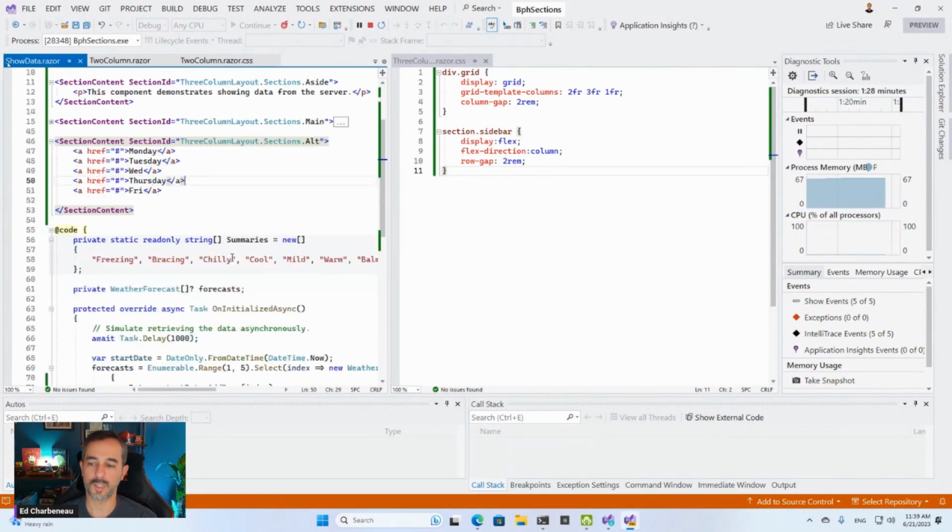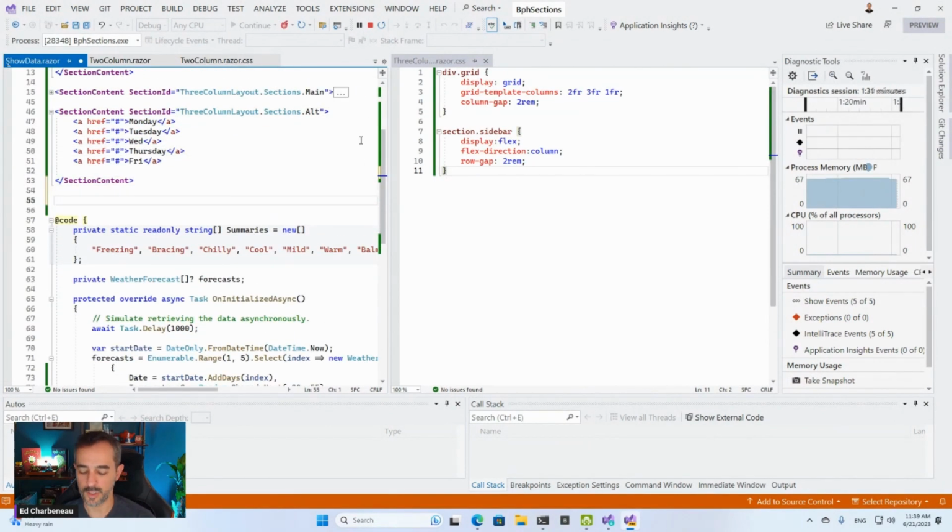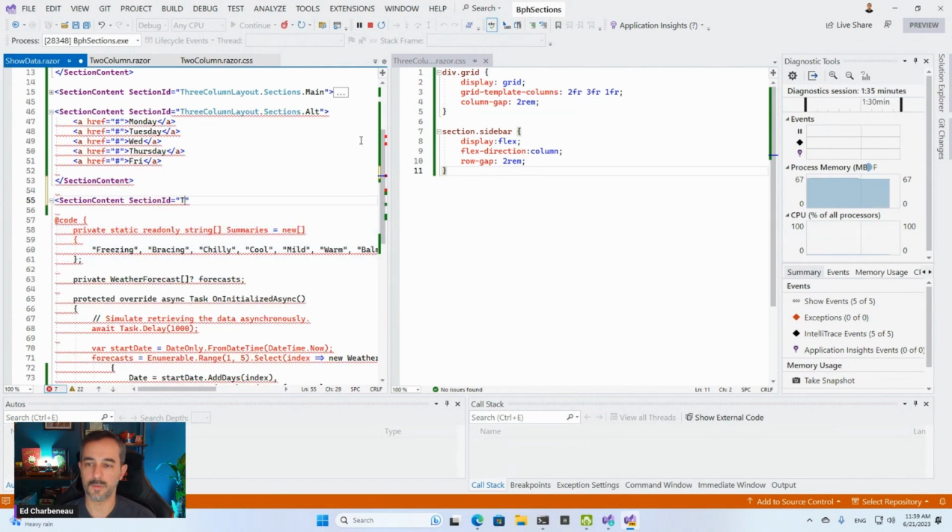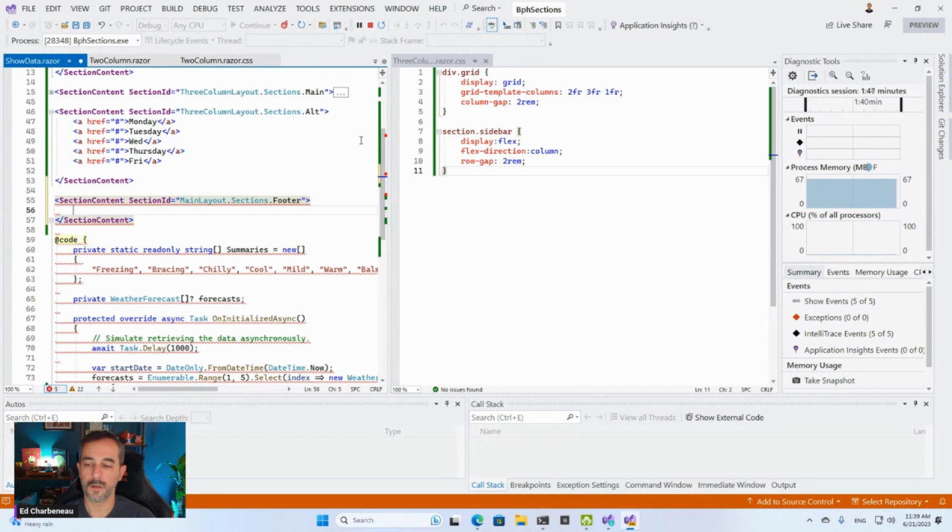Let's go into show data. We'll go ahead and attach to that. We can say section content, section ID equals 3 column layout, section. Oop, it's part of the main, isn't it? Main layout, sections, footer. There's our footer. All right. In here, this one's going to append to the footer section. And we could say weather